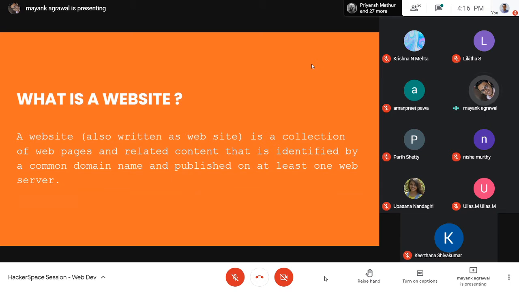So what is a website? A website is a collection of web pages and related content that is identified by a common domain name and published on at least one web server. Now, why does a website need to be published on a web server? It's quite obvious. If you remember, in the starting we said that the IP address that we get from DNS, we send that to the web server in order to get some response from there. Like our HTML page is actually stored on a web server. So it's kind of obvious that if our page isn't there on the web server, we won't be able to access it, right? So for a website to be published, it should be there on a web server at least.